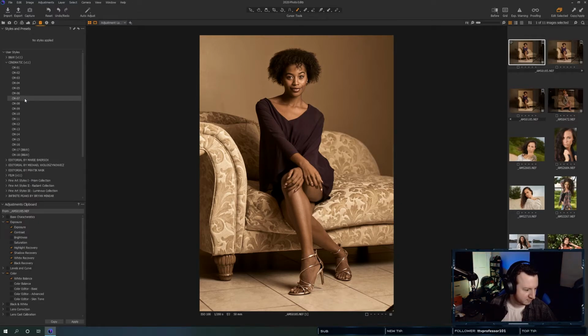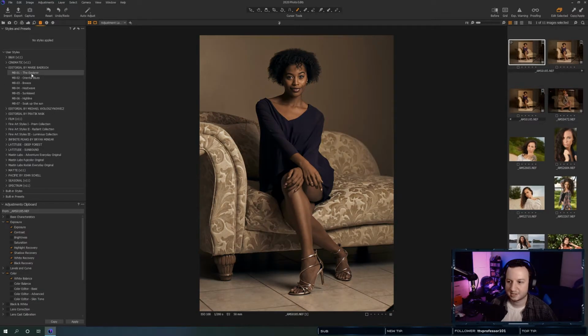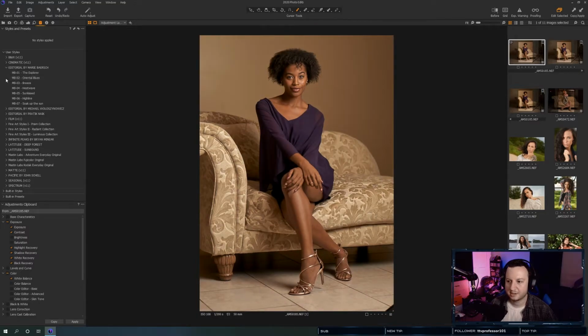That's why I like these things. These presets, they're more or less like LUTs for Capture One. None of those stuck out to me. I am kind of liking this one, it's adding a bit of contrast, which I can do myself.